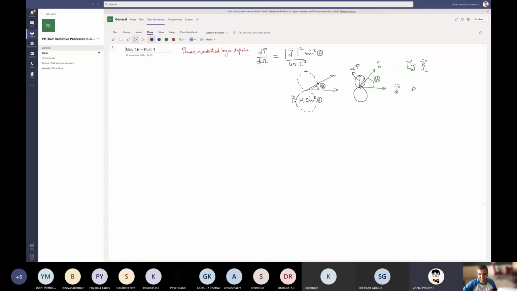So this angle is theta, and the size of this is the power that you get. So you get 0 power at theta equals 0, and you get maximum power at theta equals pi by 2, and it's symmetric, plus theta, minus theta. So this gives you a beam pattern, right? If you have a dipole which is oscillating, this gives you a visual feel for that. There will be no radiation coming out in this direction, and maximum will come out in this direction, and it's mathematically given by this. In fact, we should actually draw it, just use Python or whatever, and